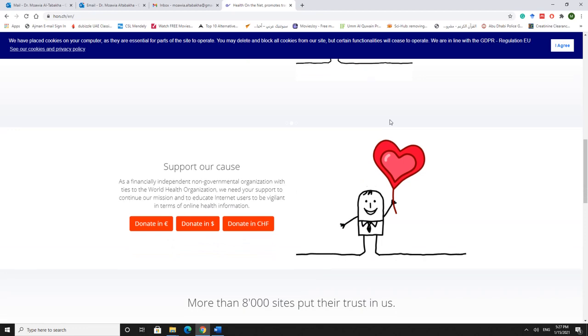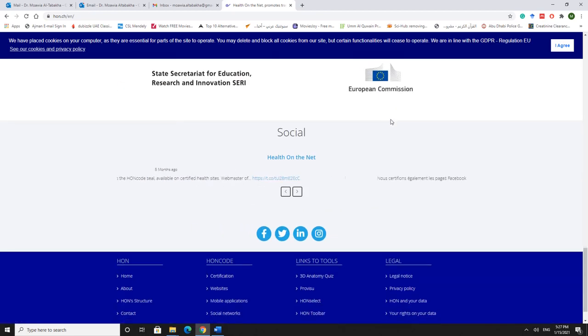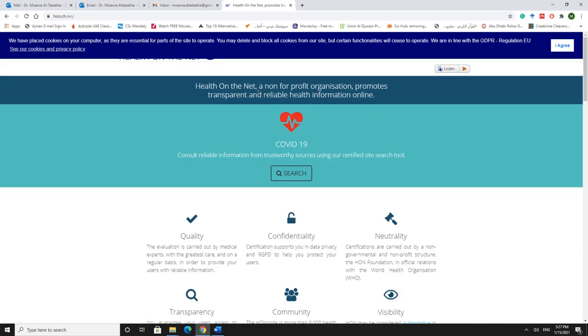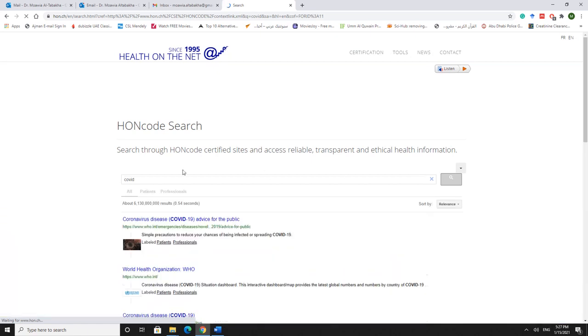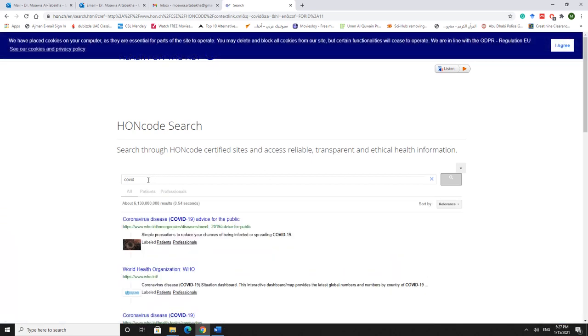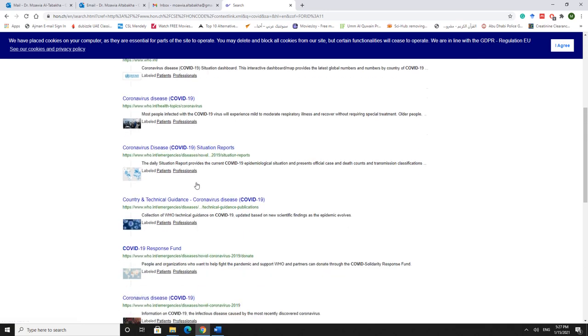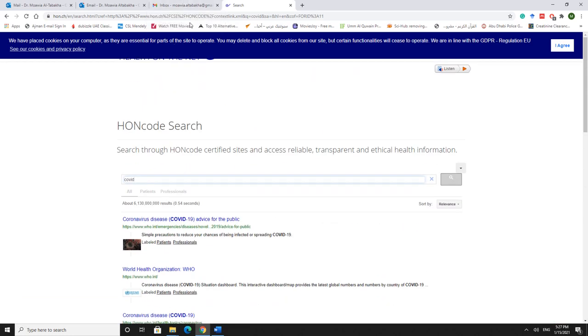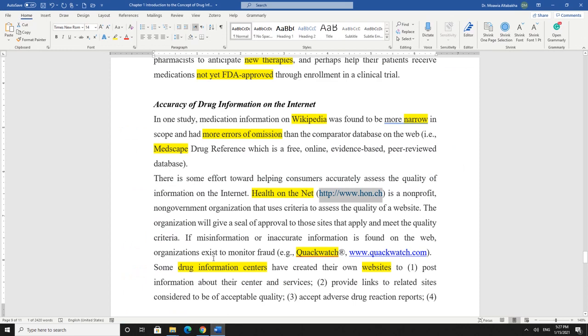Okay, does this mean that anything that does not contain Health on the Net is not accurate? Look: Health on the Net is a non-profit organization that promotes transparent and reliable health information online. Through it you can search for reliable websites that contain reliable information. Anyway,